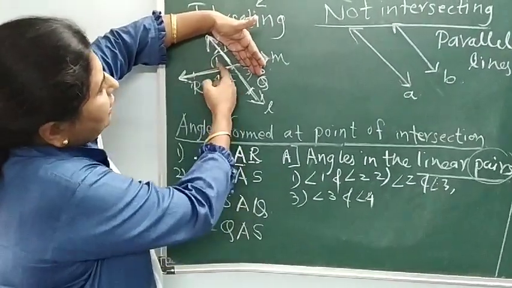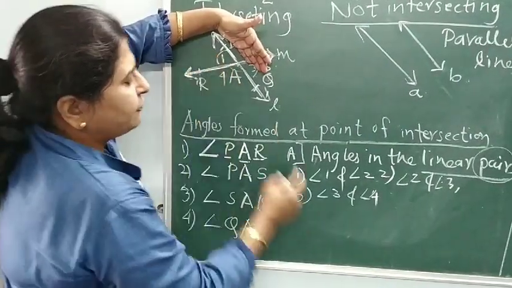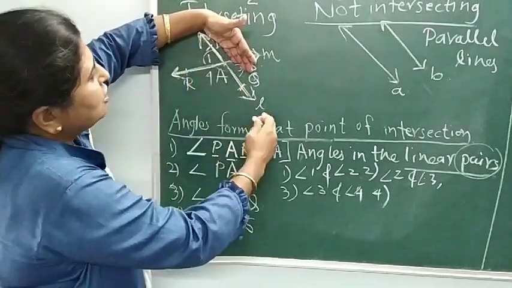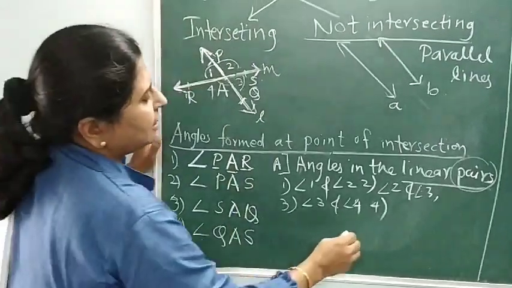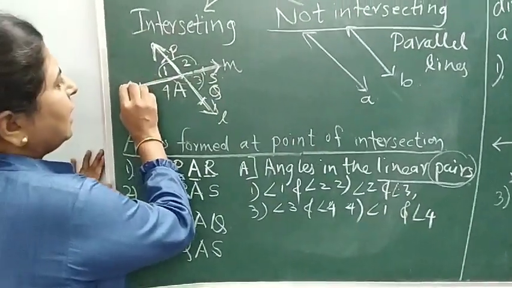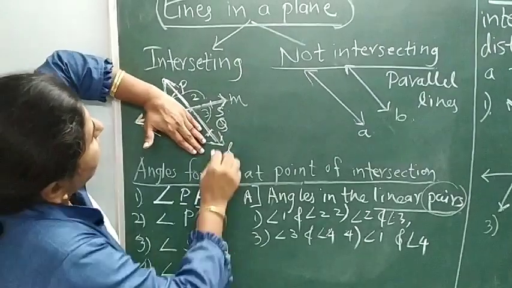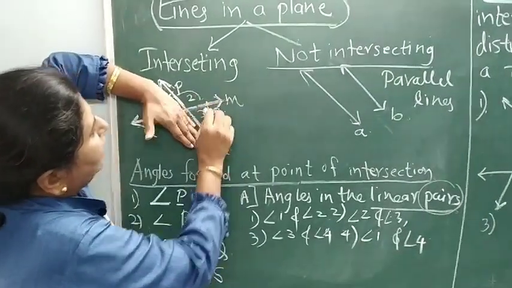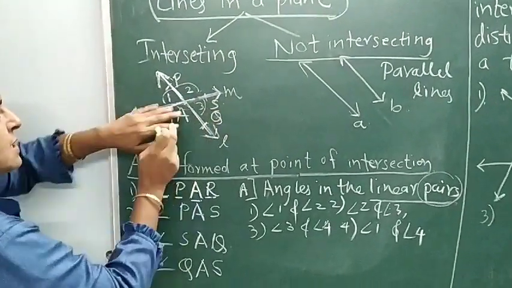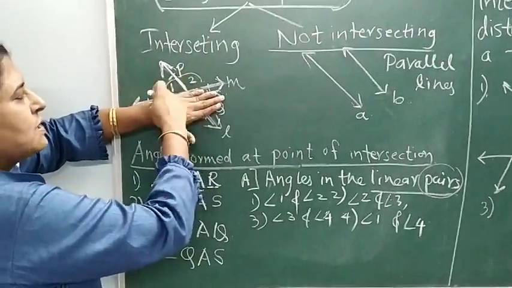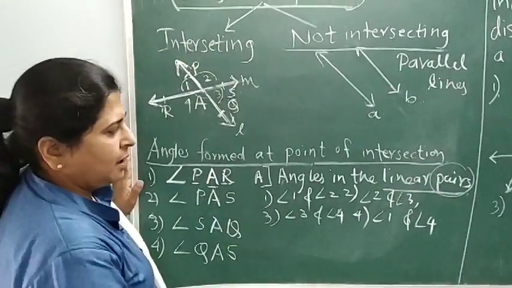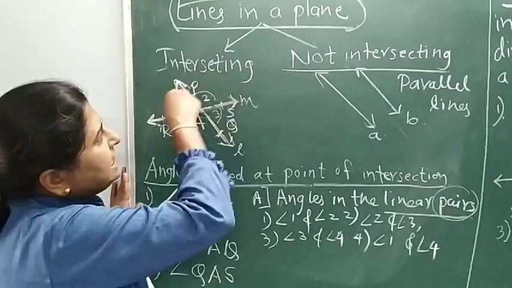And come to the last pair, first and 4 or fourth and first. So the fourth pair in the linear pair, this also makes a line, is angle 1 and angle 4. Okay. So if you are considering the line PQ, these two angles form a linear pair, 2 and 3 as well as 1 and 4. And if you are talking about this line RS, angle 1 plus 2 form a linear pair, and these two angles form a linear pair. So this is one type of pairs of angles for intersecting lines.